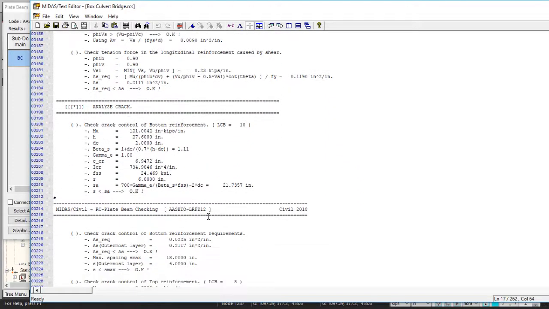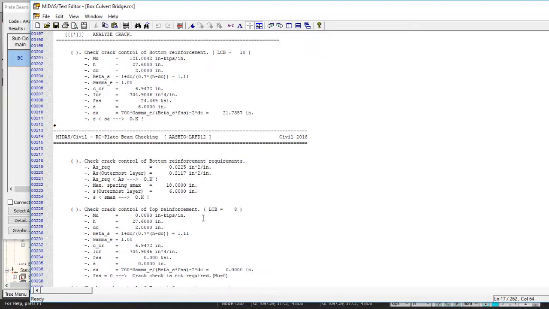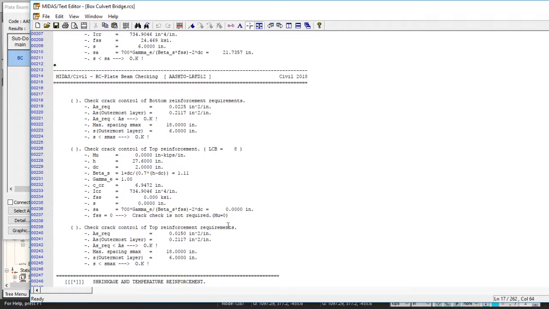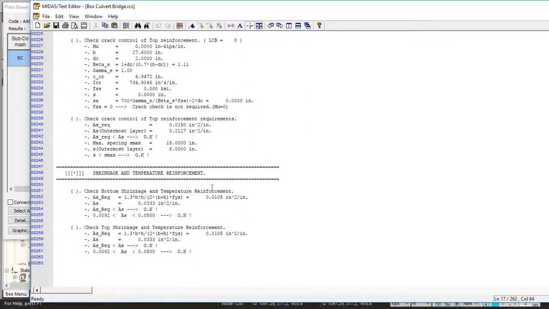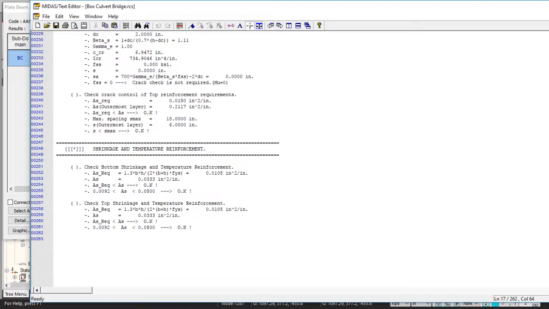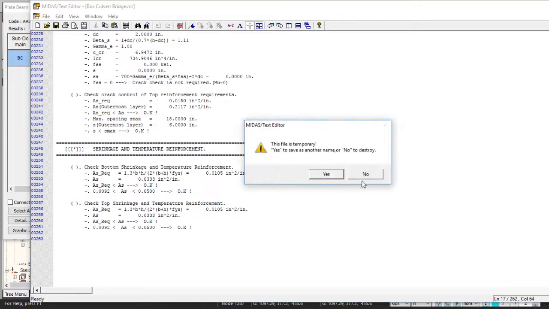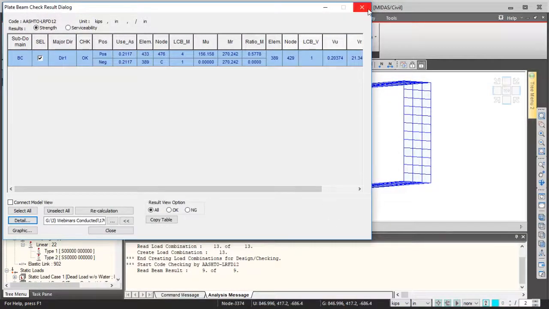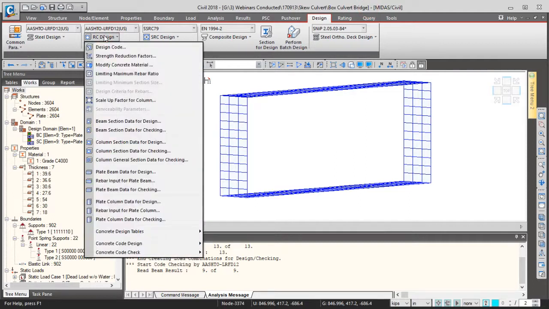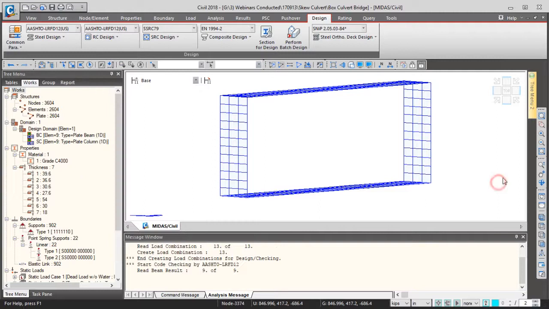Crack check, so that is also fine. And if you have assigned shrinkage and temperature loads, then for that also the check is being performed. Okay, so in the same fashion, you can go for concrete core check, column check, and we also have a